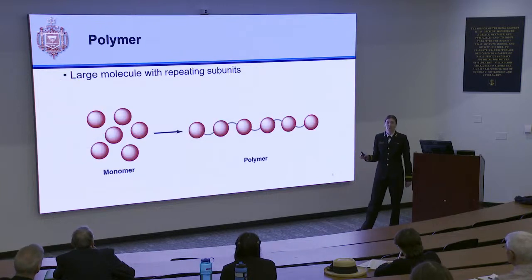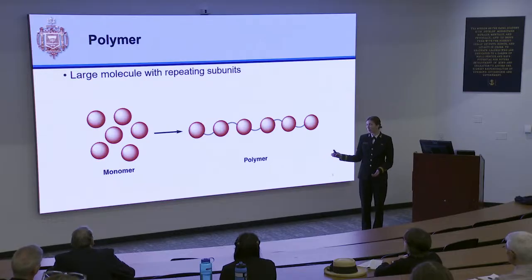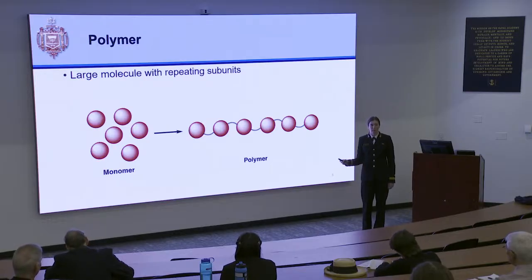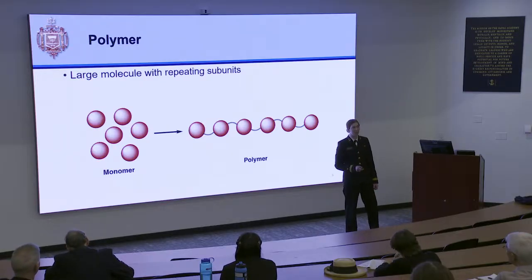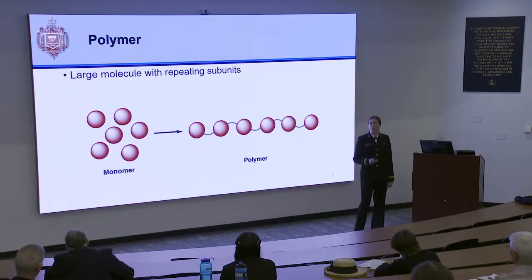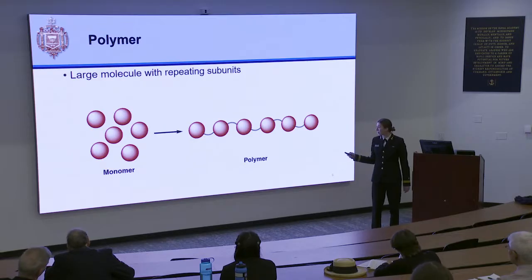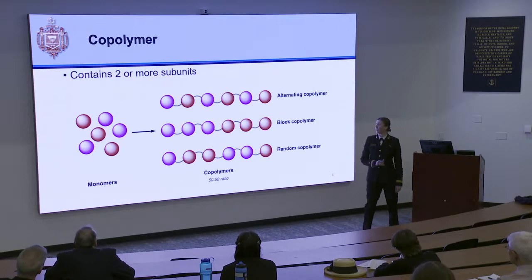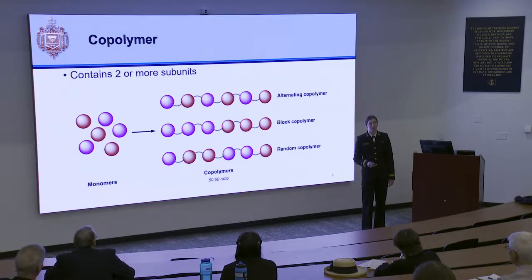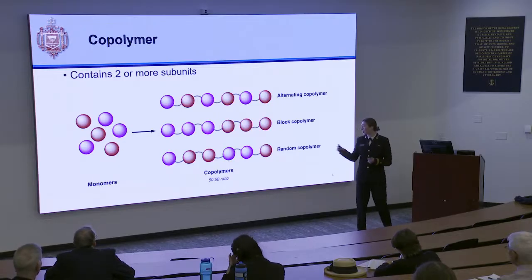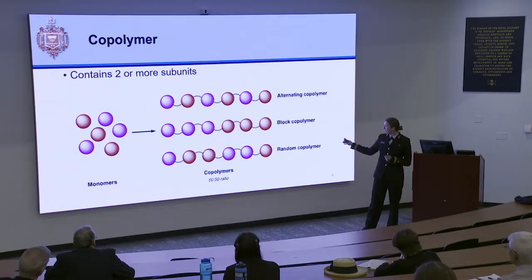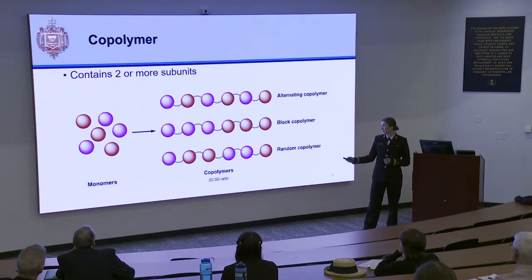So first, the most basic idea of this project is that we are producing a polymer. A polymer is a macromolecule comprised of subunits called monomers. These monomers are linked together to create a polymer. More specifically, we are producing a copolymer. So there are 2 distinct monomers linked together to create a copolymer in either an alternating or block pattern, or in this case, we're creating a random pattern copolymer.